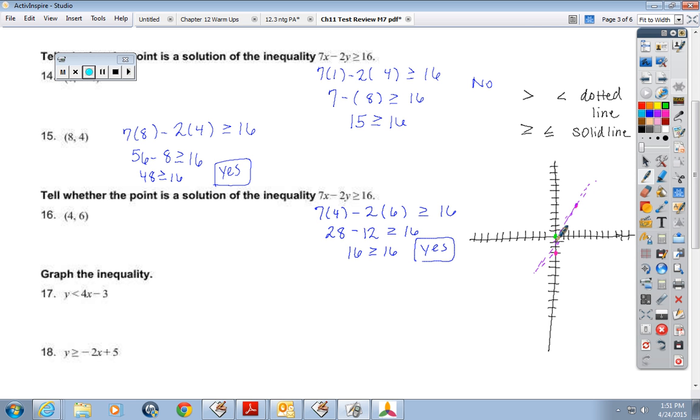So I'm going to replace both y and x with 0. Is 0 less than 0 minus 3? Is 0 less than -3? Okay, look at it on a number line. Does 0 come to the left of -3? Is it less than -3? No. So since 0, 0 doesn't work, I would take my highlighter and I would shade